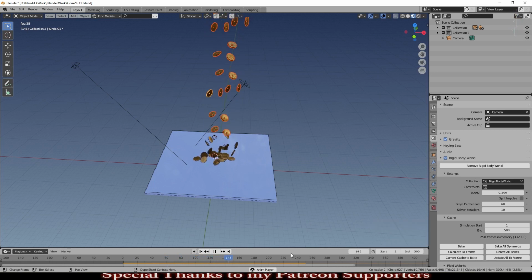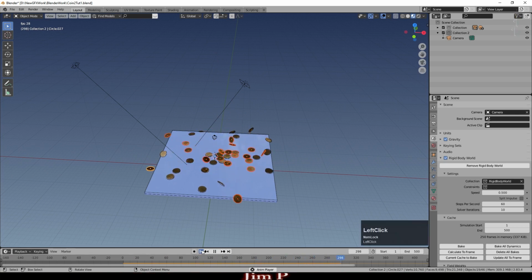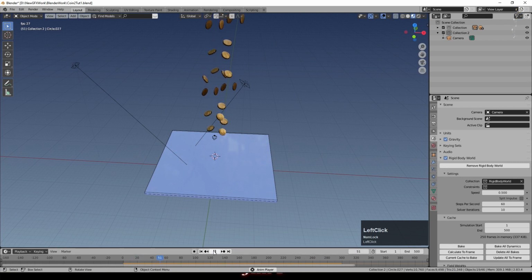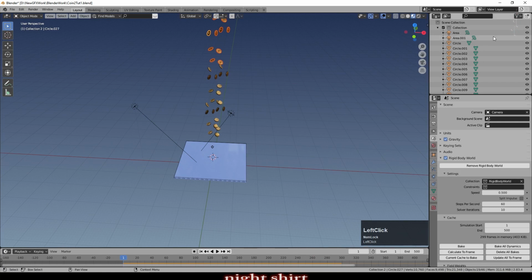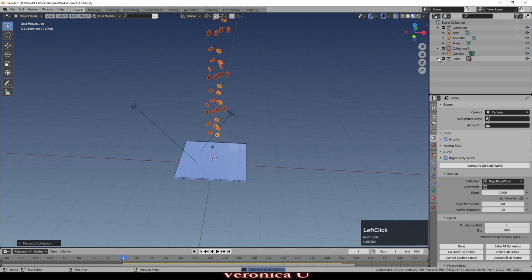So obviously releasing coins, it's unlikely they would be falling in a completely static way like that, where they're not moving. So you could put a force field up here, but before we go any further, I should call them coins really of course. What I'm going to do is select all of these coins, and I'm going to move them to a new collection with M, just call it coins, and that will make selecting them much easier.